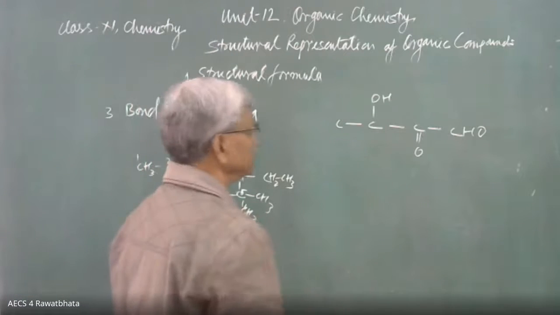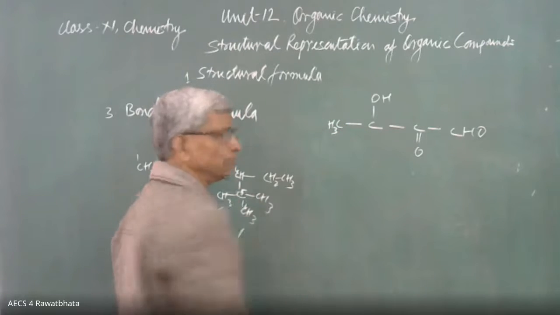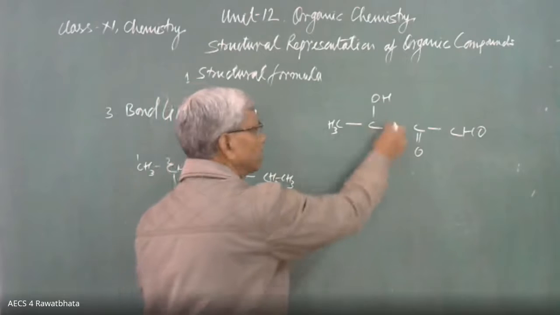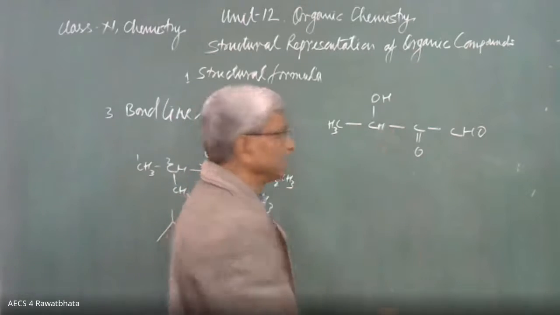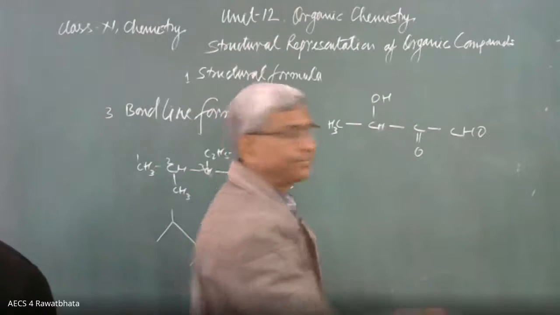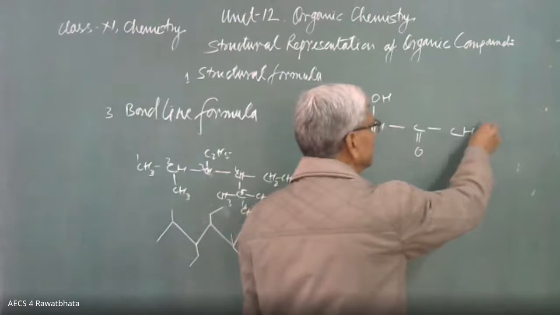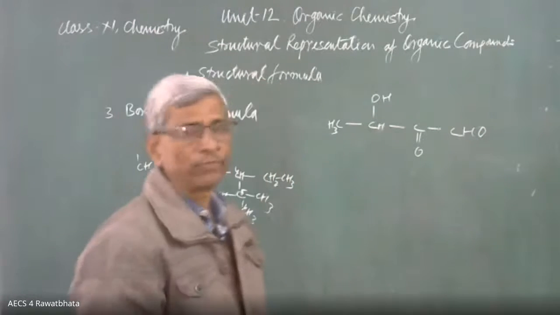First decide hydrogen. Here is one bond, that's why 3 hydrogen, CH3. Here 3 bonds, one more bond needed, that's why CH. Here is 1, 2, 3, 4 bonds, no more hydrogen needed. And here is CHO. It is the complete functional group. Then decide its bond line formula.